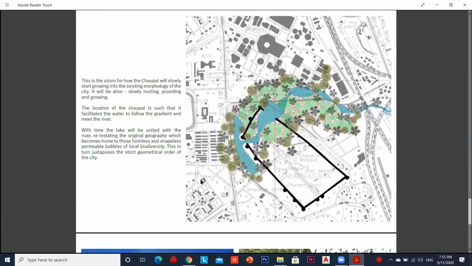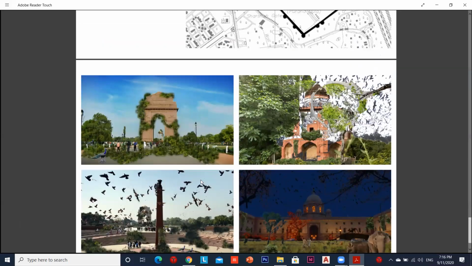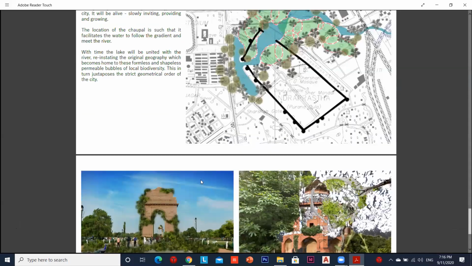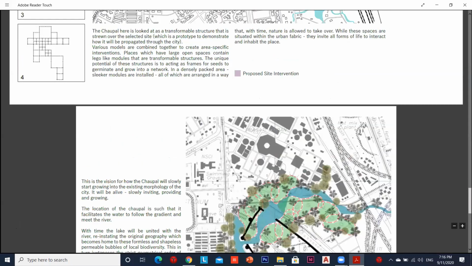This is just a small example near the Purana Kila fort area and the lake. And this is a very hyper-realistic visual of what happens if you allow things to take course on their own. These are just visuals that we all came up with. This is not like an aim. We cannot envision anything, but this is just a plan, something like a seed that we want to grow. Yeah, that's basically it.